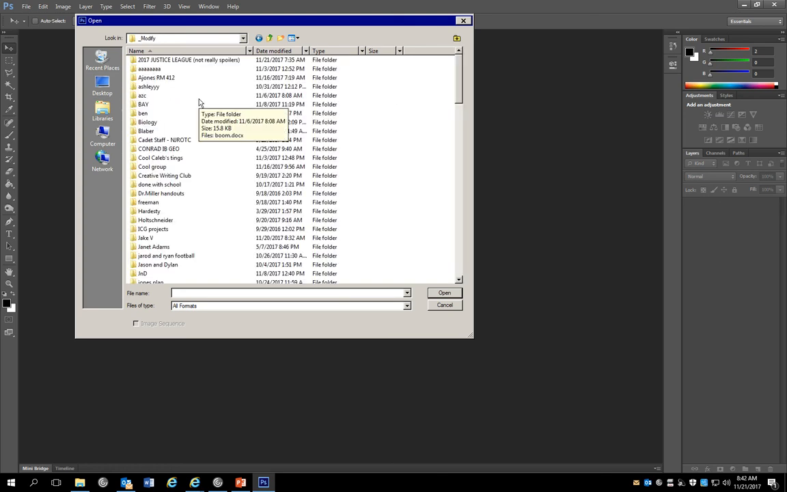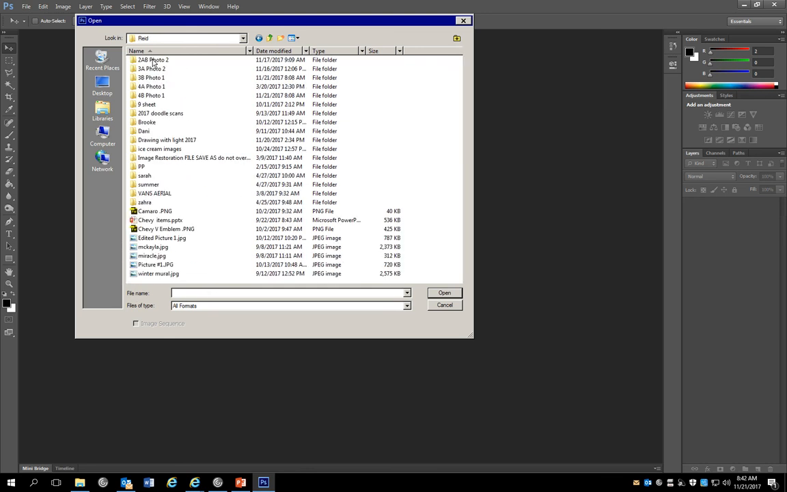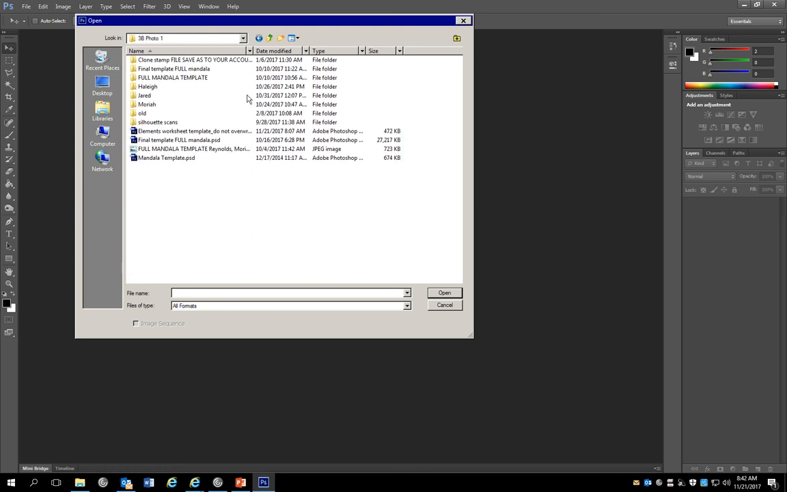Hit the R on your keyboard. For those of you that still can't get that, if you're clicking right here in the file name box, that's why it's not working. You just need to hit R and it takes you right there. After you open that, go to your class folder, whichever class you're in, and there's a sheet right here that's